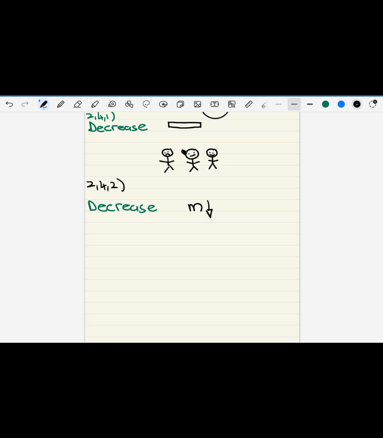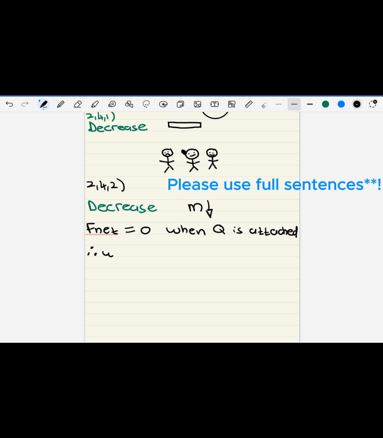We know that F net is equal to 0 when Q is attached. Therefore, when Q breaks, what will happen? We know that the force of tension will decrease,